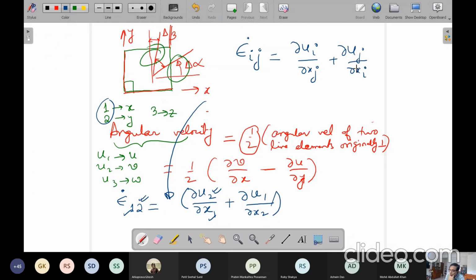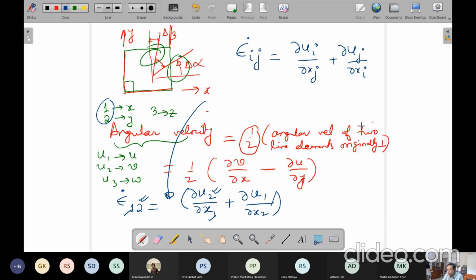So now I have put up a mathematical generalization of what physically we studied in the XY plane. It's just a mathematical generalization. I have replaced the indices 1 and 2 with ij, so that we can apply it to other planes also. In all other planes, similar things will happen. So in place of ij, you can put 1, 2, 3, anything, and you will get the picture in the relevant planes. Now, I will try to rationalize that half factor.